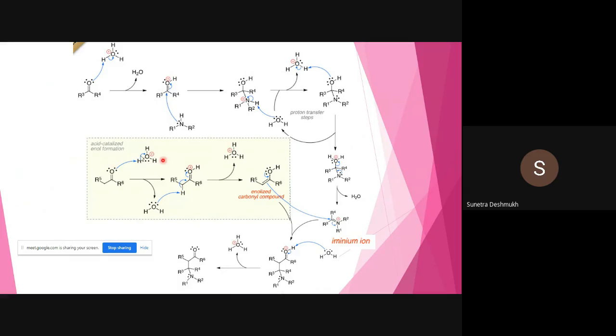So here is the mechanism slide. In brackets I have written the reaction with